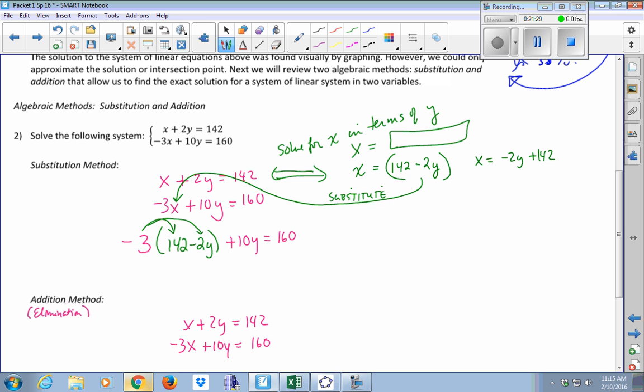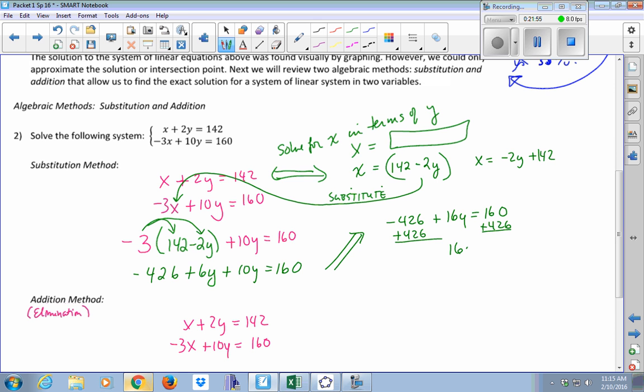You'd use the distributive property here. -426 plus 6y plus 10y equals 160. So let's come up here. -426 plus 16y equals 160. And we add 426 to both sides. And we get 16y equals 586. And y equals